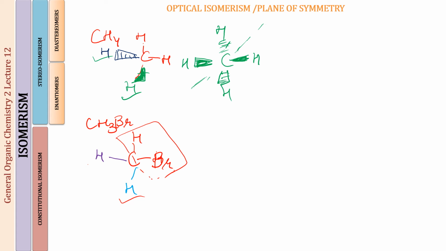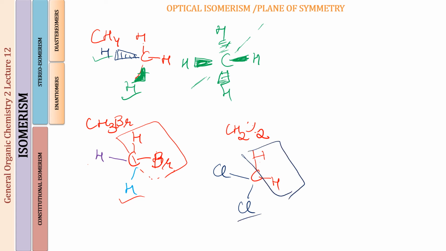Let us do one more molecule, CH2Cl2. So here, now that you understand, this is an easy one. And this is one which is going backward. So again you can cut this into two halves. One chlorine will be projecting outwards, and the one which is going backwards will be with the two halves, and again we have found the plane of symmetry. Let us do one more.